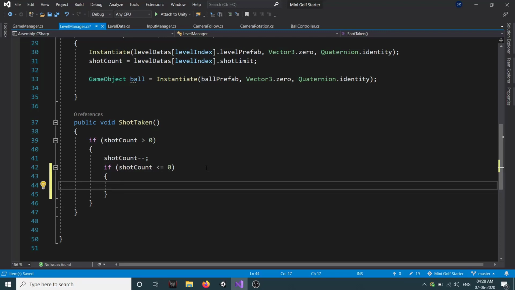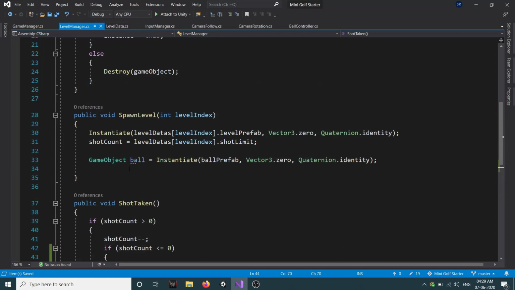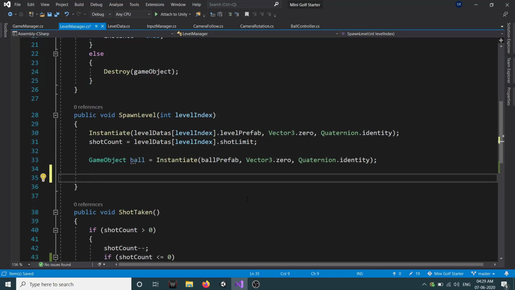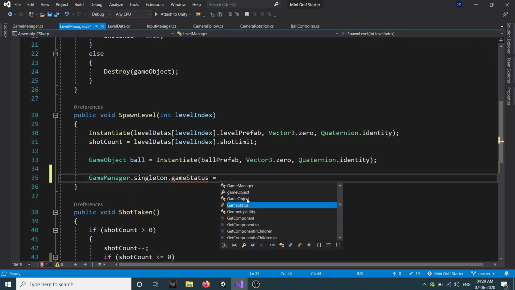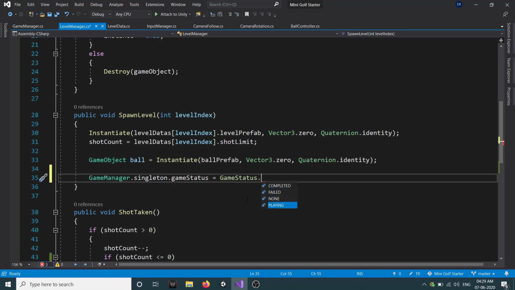We just set our game status, so GameManager.singleton.gameStatus is equal to GameStatus.Failed, because we have run out of our shots and we have not yet put our ball in our goal, so we are just setting it to failed. In our SpawnLevel, once we have spawned our level, we need to set our game status to playing, so we will call GameManager.singleton.gameStatus is equal to GameStatus.Playing.